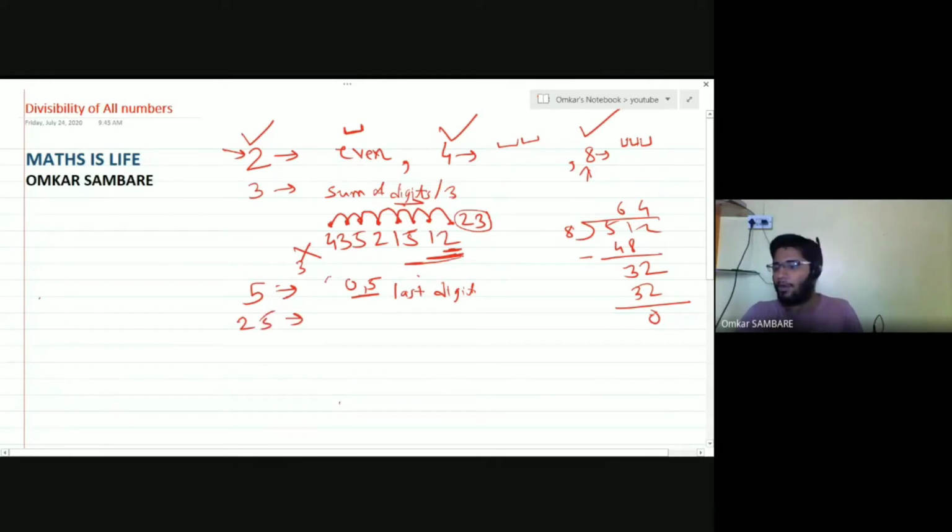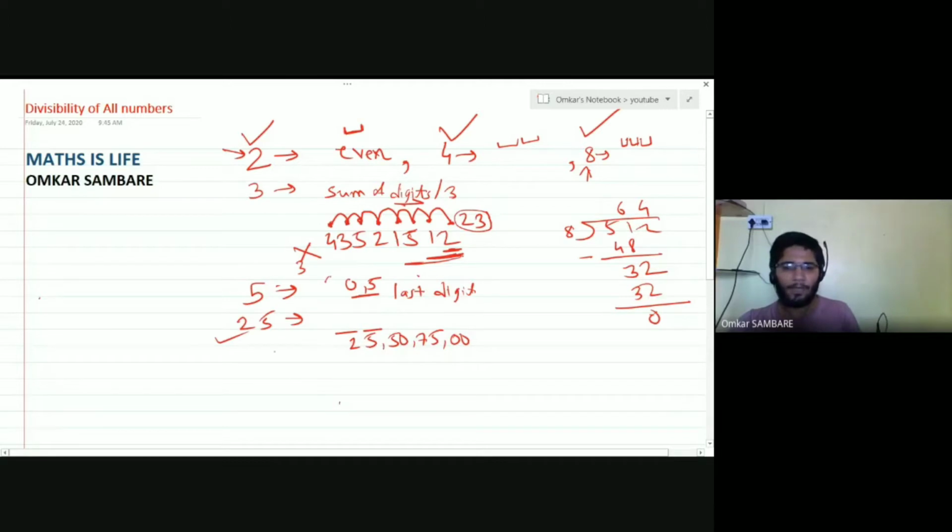Just like 5, we check the last one digit. For 25, we will check the last two digits. It should be either 25 or 50 or 75 or 00. If the last two digits are any from this, then the number will be divisible